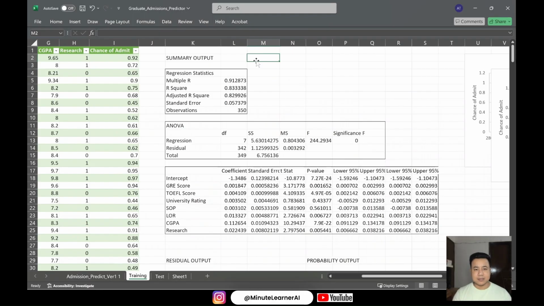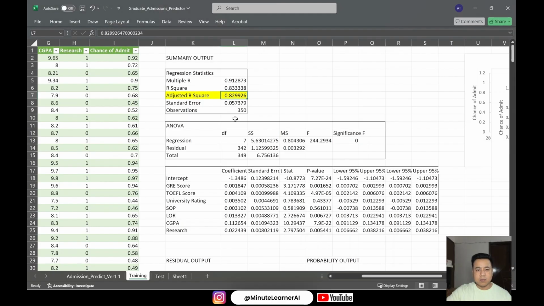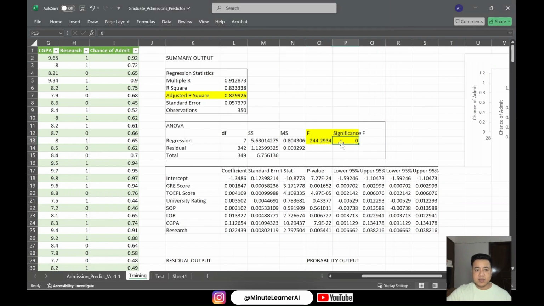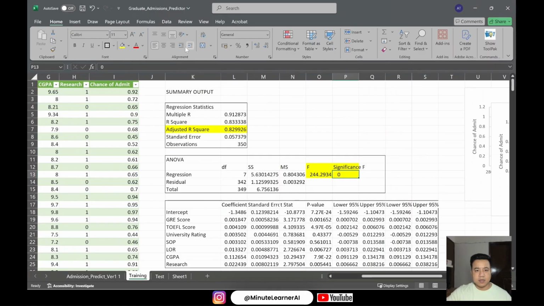Let's just go back to our Excel and have a look at these again. Okay, so adjusted R square is 0.829, so almost 0.83. It's good. It's not bad, yeah. In the ANOVA, F value and significance F over here, right? So these are also going to be useful now for our case. So significance F value is fairly small. Is it actually zero, or are there any